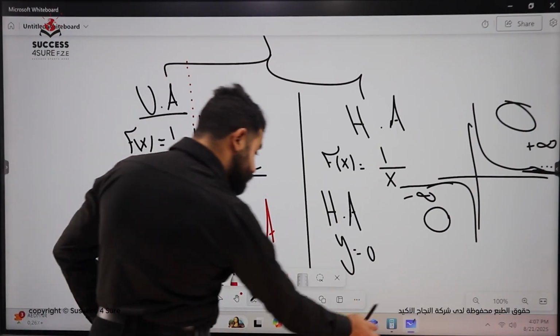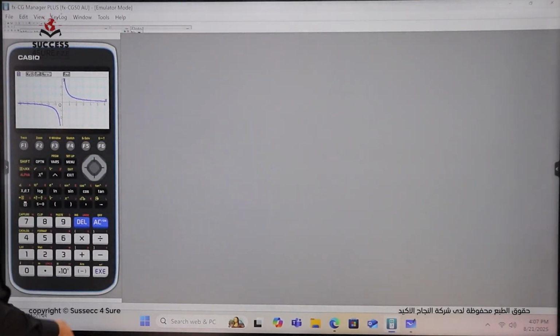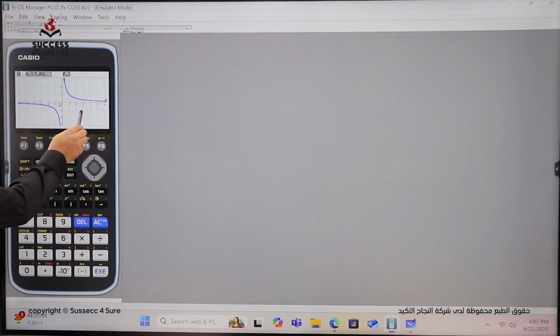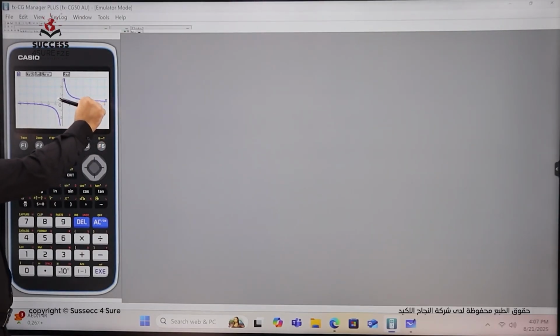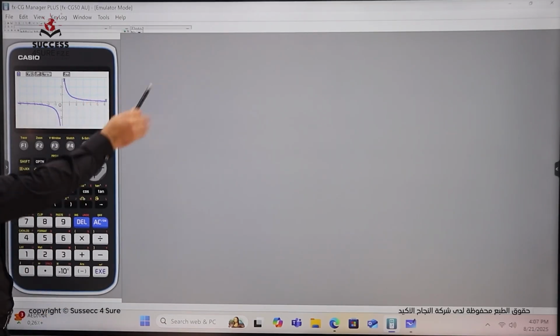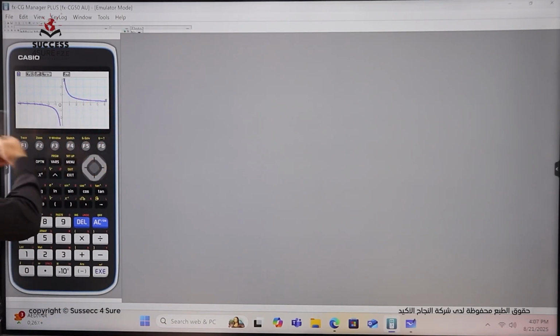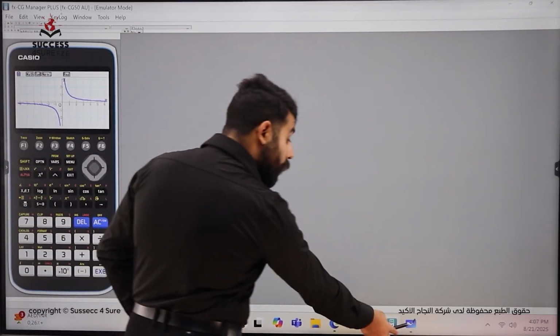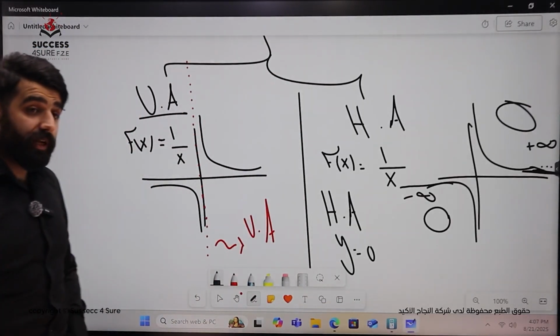Now, to get more understanding about the horizontal asymptote, look at this graph. x is getting greater and greater, and y is getting very close to the x-axis here on the graphing calculator, from the right side, which is positive infinity, and from the negative side, which is negative infinity. So while you are studying the horizontal asymptote, you have